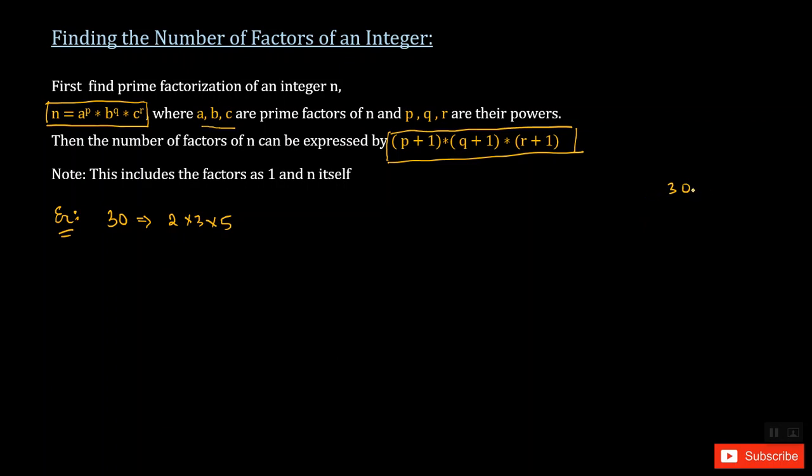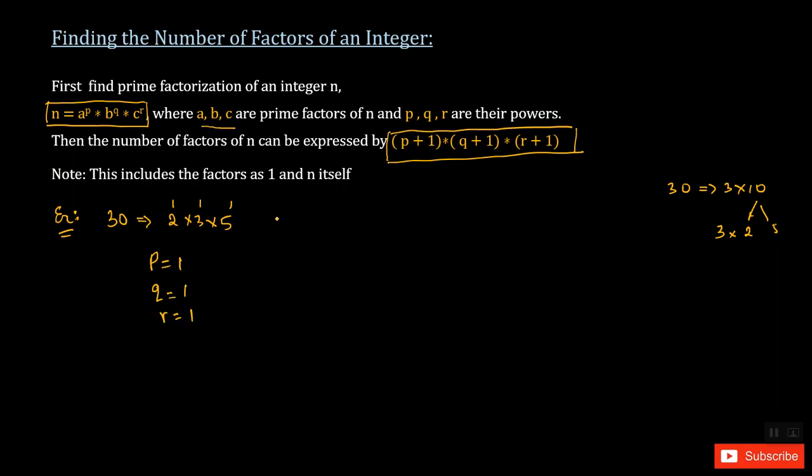I always say, whenever a number is a multiple of ten or ends with 0, separate it as 3 into 10, right? So what are the prime factors of 10? 2 and 5, and this is 3. So all the prime factors of 30 are 2 times 3 times 5. But 2 appears only once, 3 also appears only once, and 5 also appears only once. So the value of p as per this expression is 1, q is 1, and r is also 1.